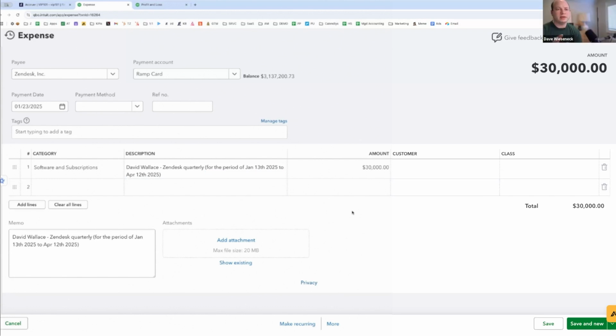Okay. It started on the 13th and ends on the 13th. What's important for me is that a little bit of this is accrued in January, a third is accrued in February, a third is accrued in March, and then the remainder should be in April. That's exactly what you're going to see here. It's going to split it automatically based on the number of days in each of those periods.